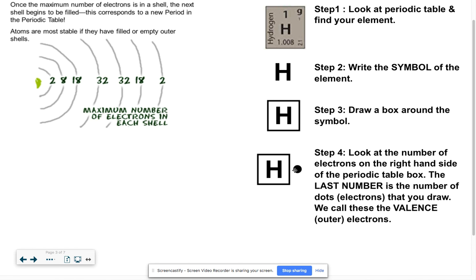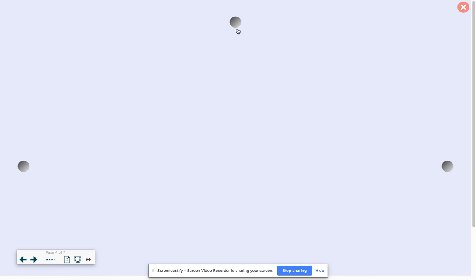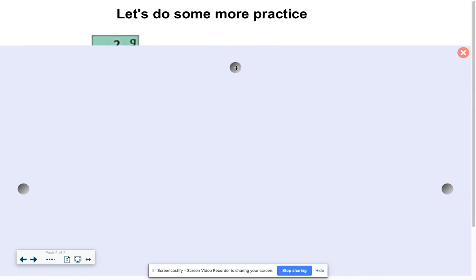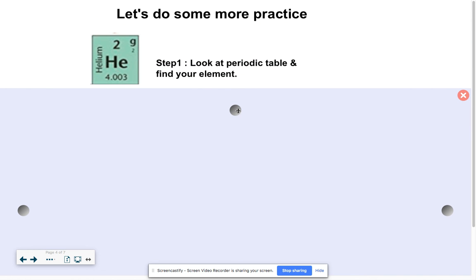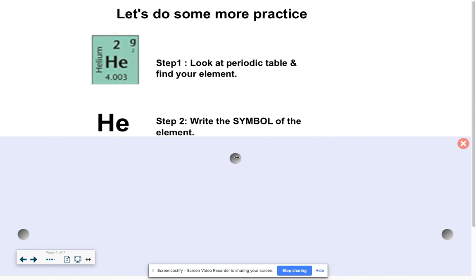So in your Lewis dot structure worksheet, I think it already has hydrogen, but you can just kind of compare the 2, make sure that it looks good. Okay. Let's try helium. So helium, we're going to look at the periodic table and we're going to find the element. Step number 2, we're going to write the symbol of the element. So you should be on your Lewis